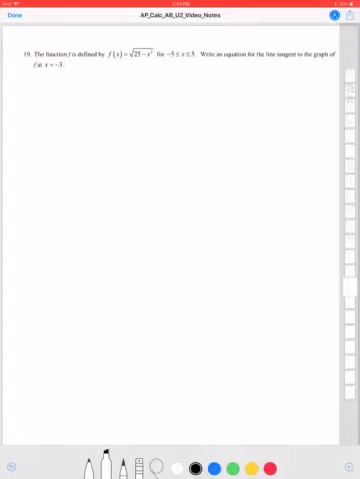Number 19 on the Unit 2 review, tangent line problem, very popular on the AP test. Write an equation for the line tangent. Alright, I don't like that color. Line tangent. Alright, you see that, and the first thing you should think is